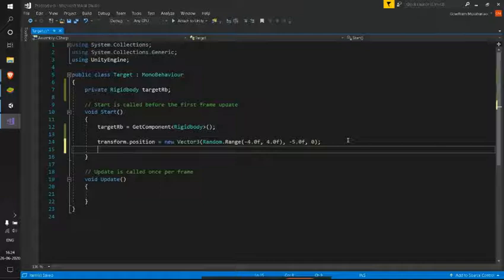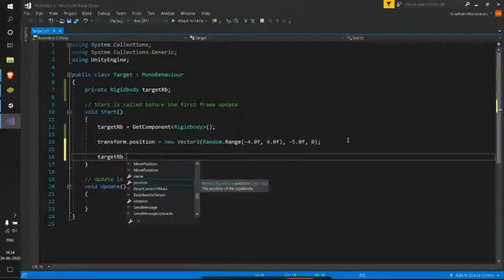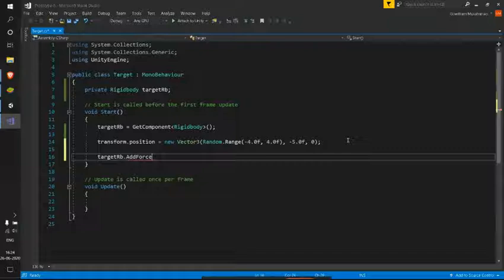Now it's time for us to give it some forces, like some force in the upward direction and some torque so that it rotates randomly. So first, let's deal with the force, which we have already seen in the earlier sessions. So for this, we'll be using our target RB, and in that we'll be using our AddForce method. We have already seen how this works. We'll be giving a Vector3, and this Vector3 will be acting as a force.